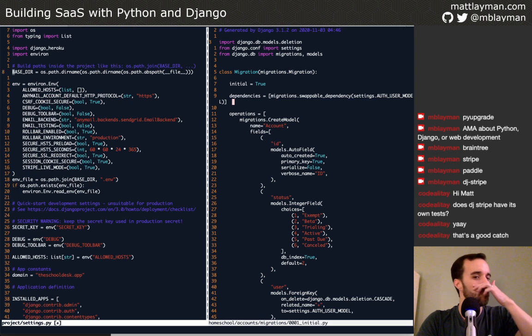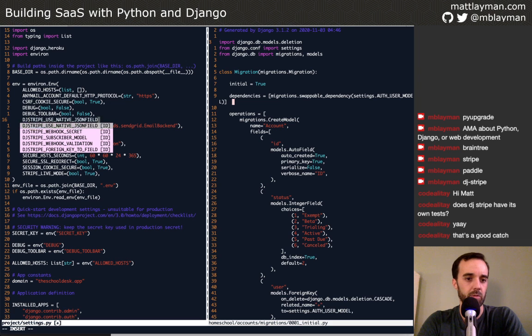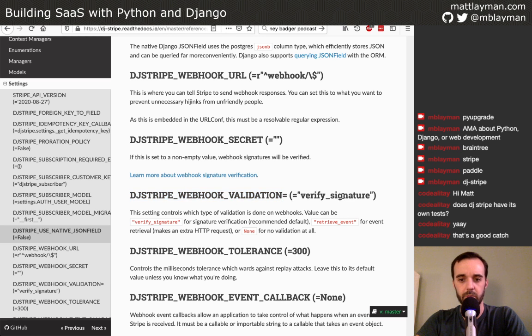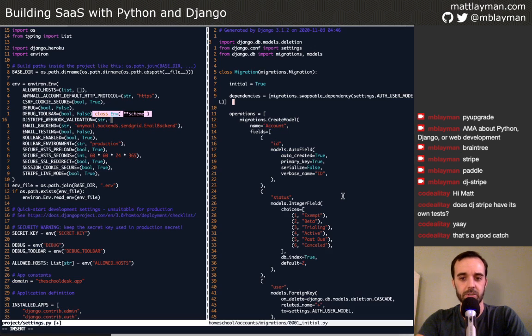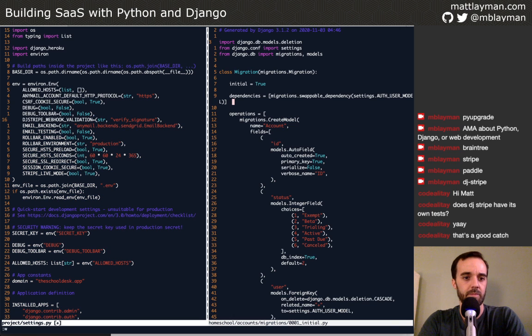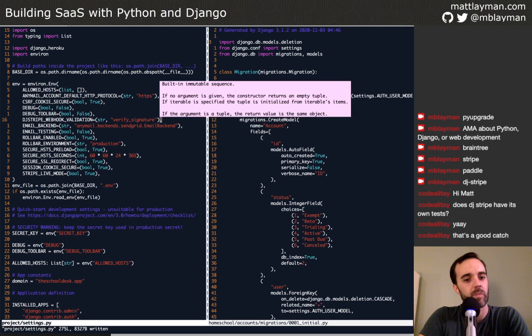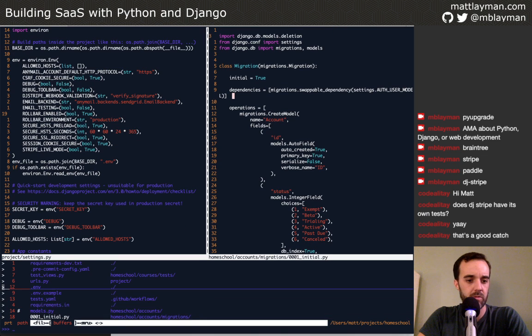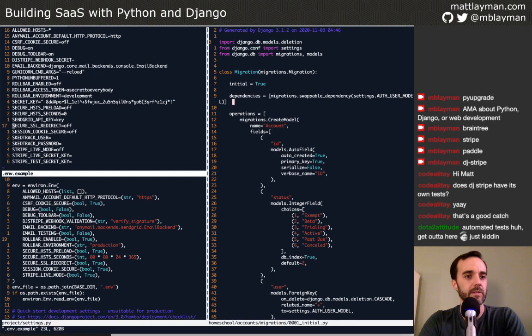We will do DJ Stripe webhook validation equal to a string, and we want the default to be this verify signature stuff. So set that. So that's good. Now I'm going to come back to my example file and say